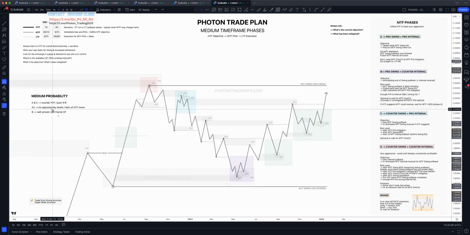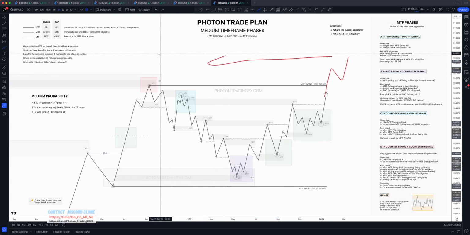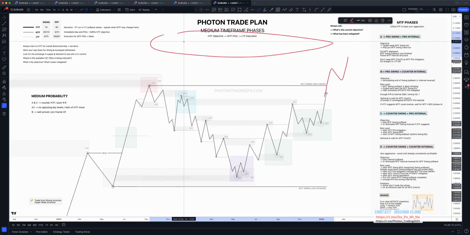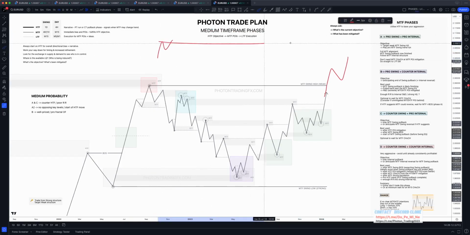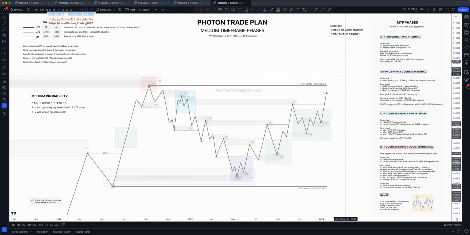So A2 we've spoken about, right? It's when we are pro swing and pro internal, but after the boss. So we know it's not ideal because at any moment that pullback can kick in. So risk reward is not on our side. But the times in which it can be worth doing is when there's no opposing key level. If we look left, it's usually when there's literally nothing nearby, no supply and demand, no key liquidity points that we're going to see price take in reverse. It's when you can see there's plenty of room for price to go. And when it's the start of a higher time frame move.